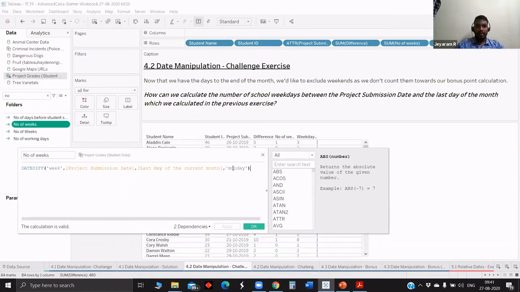Since it started already from Friday to Sunday, it will count as 1 week, and we are giving Monday again, so it will count as a new week. We will get the output here as 1. So automatically, since we are multiplying it with 2, the weekend Saturday and Sunday will get subtracted and we'll get the weekdays. I haven't understood.